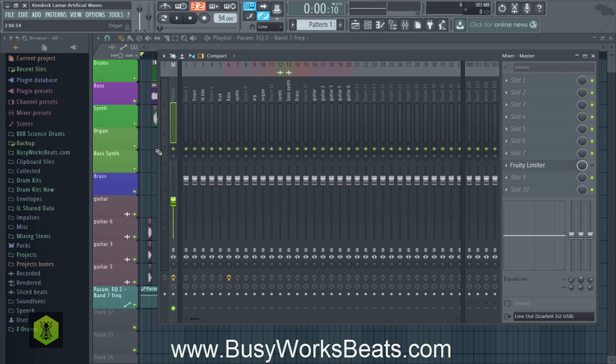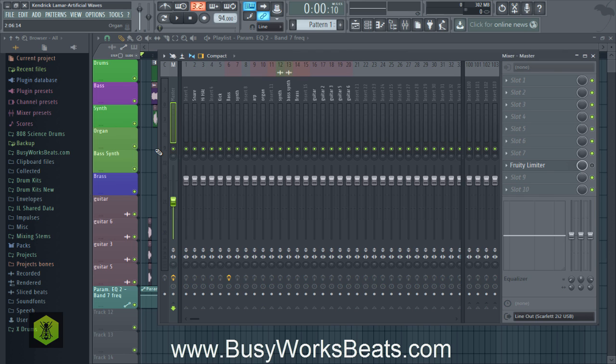First thing you want to do is go through the volumes and the panning that you hear in your mind. Okay, you want to think volume first. Just how can we make it sound more even? So the first thought process is, what is going to stand out in this beat? Do we want the kick and the snare to stand out? Do we want the bass to stand out? Do we want the synth to drive the song?